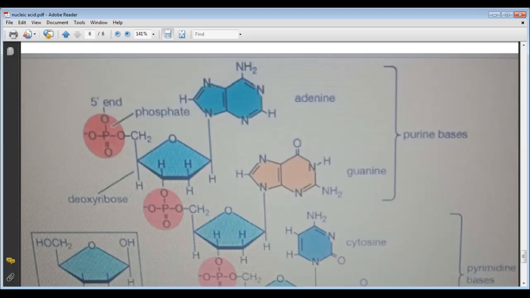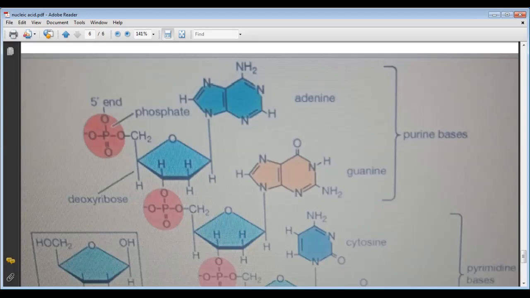And as we know, in the DNA double helix structure, there is another strand opposite to it, which is the 3 prime to 5 prime strand. So the second strand is just opposite. And here the base of the first strand is attached to the base of the second strand.